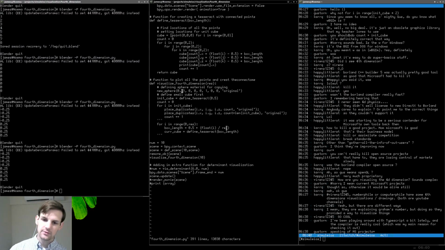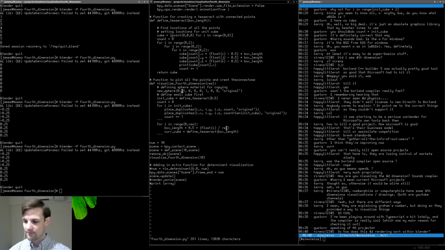So now what we need to do is visualize the movement of these points. Basically, the way this will be done is, let me see, we have place duplicates. That's the original positions. We have 2 different sets. How does 4D rendering work within Blender? Again, it's going to be 3D rendering. We're going to be rendering 3D objects, but the 3D objects that we're going to be rendering are going to be projections of a 4D object. The way Blender does it is basically,